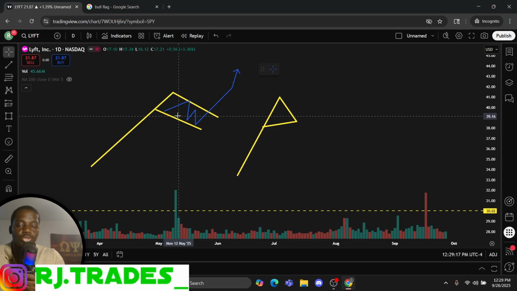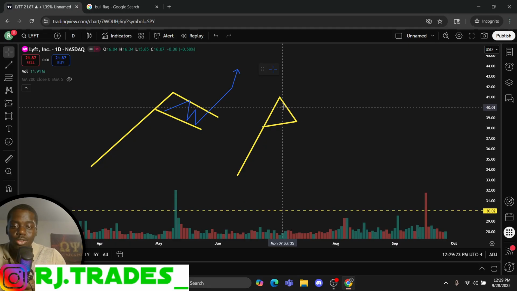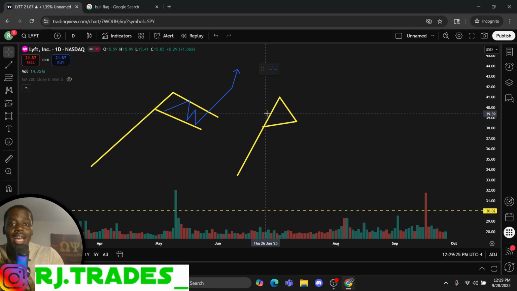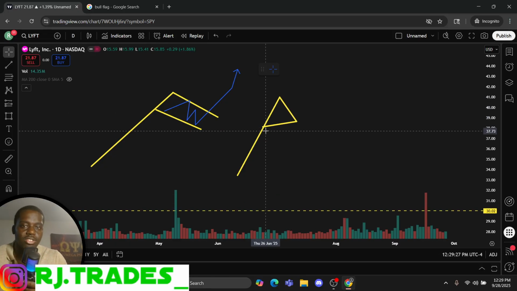Now, what's the difference between this and this? Notice here, the trend lines. So this is another pattern that's made of the trend lines. Here, this pattern, you have the top trend line going downward, but the bottom trend line going upward. So the key is, what does that mean? The bull flag pattern is a bullish continuation. The pennant pattern is a neutral pattern, okay?